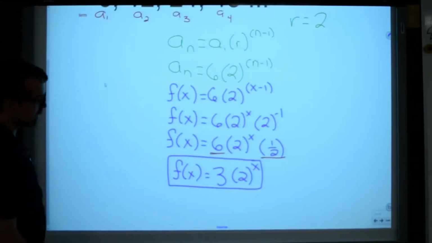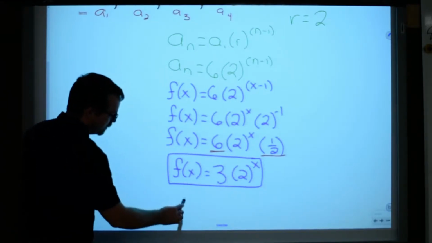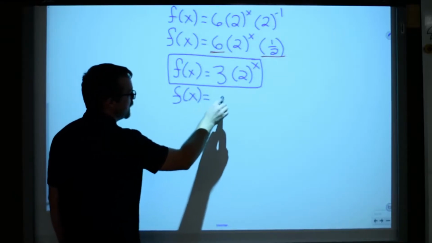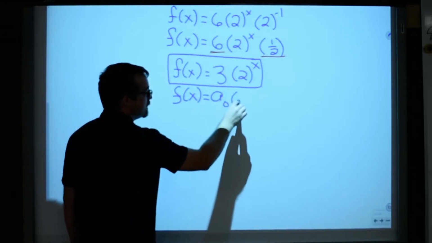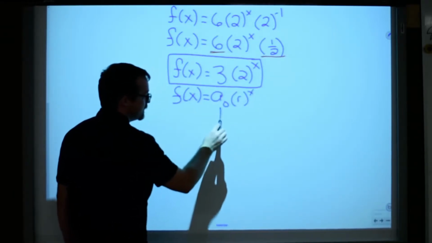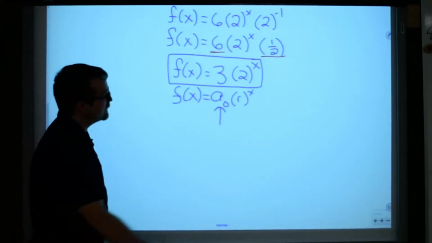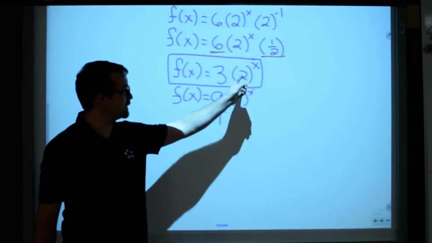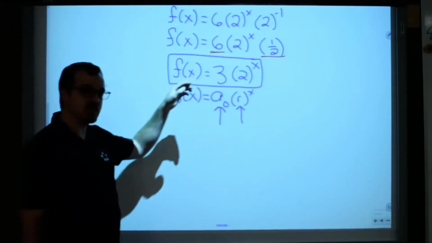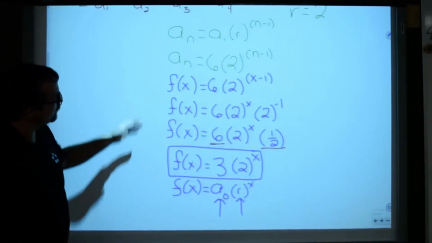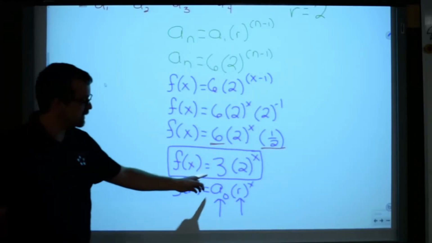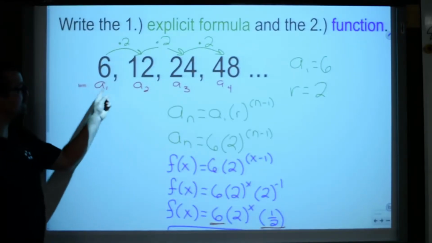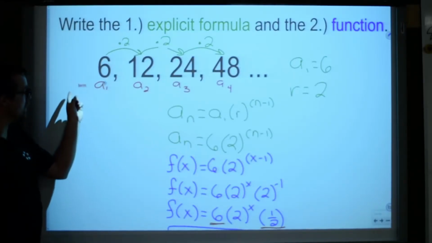But if you notice something here, this is actually in the form of f of x equals a sub 0 times r to the power of x, where this is our initial amount. We still have the same common ratio. The common ratio is still 2, like we saw above, but the initial amount is 3. And basically, I had to do all this work right here in blue to get to that 3 to find the initial amount. We actually could have found that initial amount here by going back to our initial amount term,